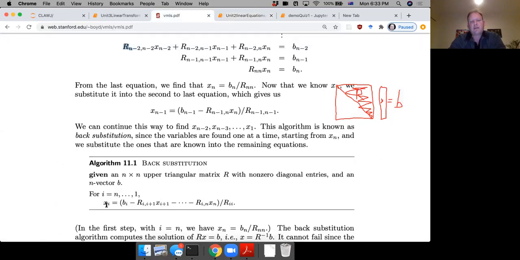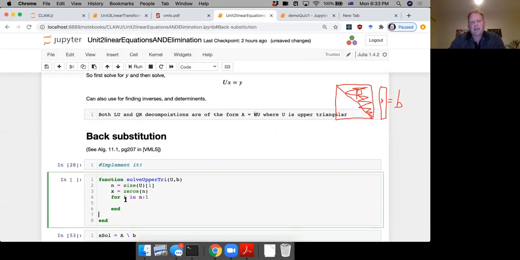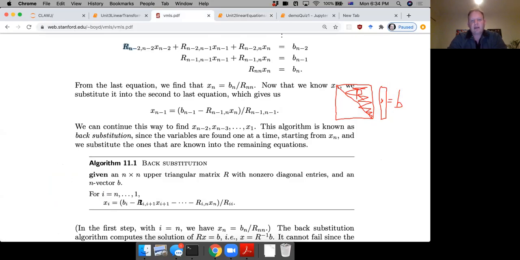And then what we're going to say is the ith coordinate, so x at the point i, is going to be b at the point i, this is bi, minus this thing, minus this summation. So what is the summation? This is all of the x's that we've had before